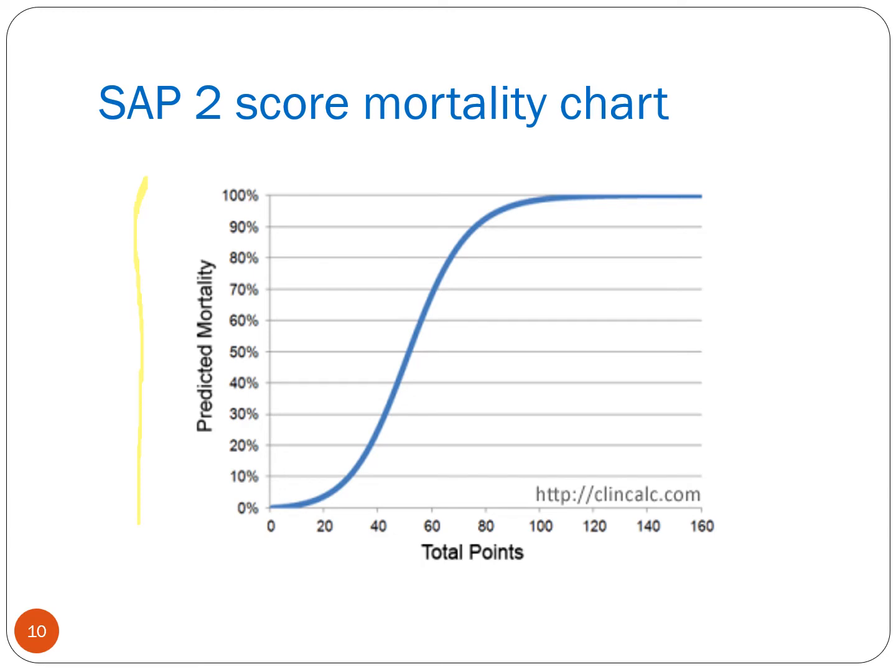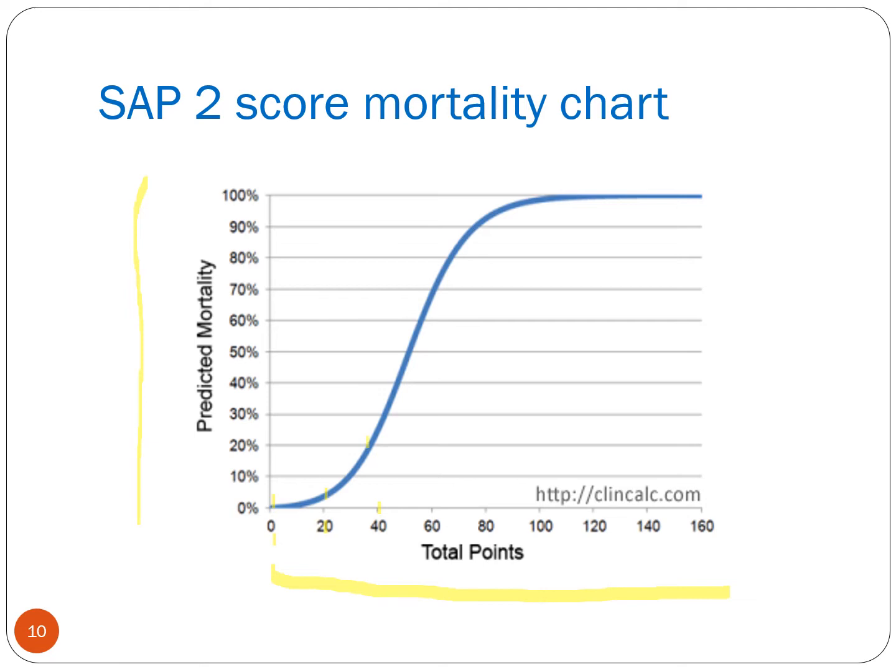The horizontal axis shows the total points achieved on the SAPS2 score. As you can see, if you have a score of 0, the likelihood of dying is 0. If you have a SAPS2 score of 20, the likelihood of dying is about 5%. If your SAPS2 score is 40, your likelihood of dying is